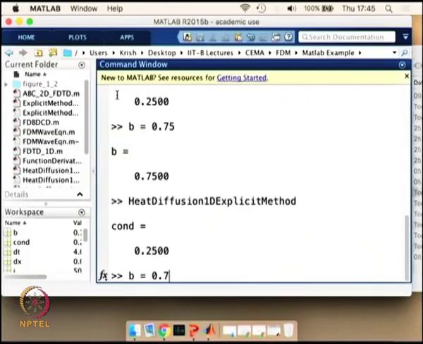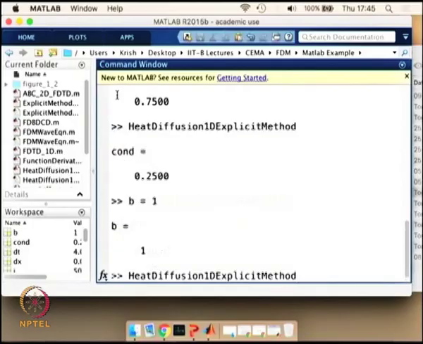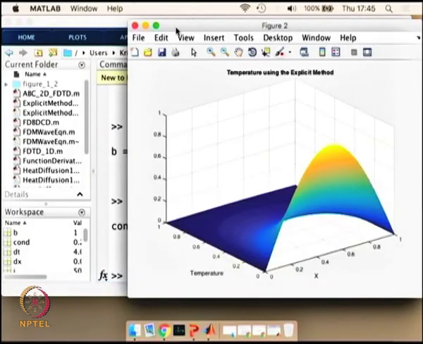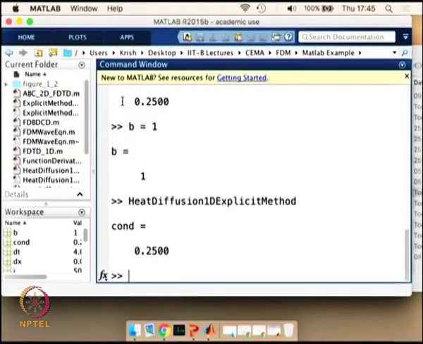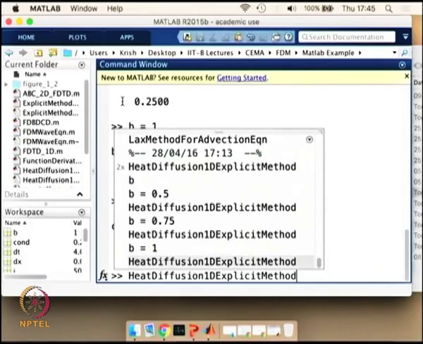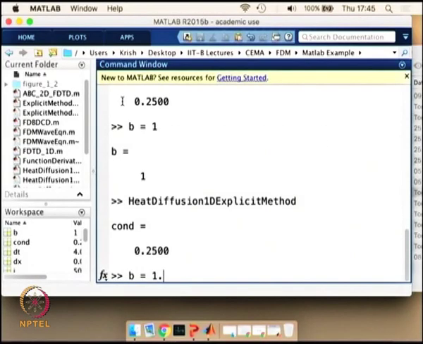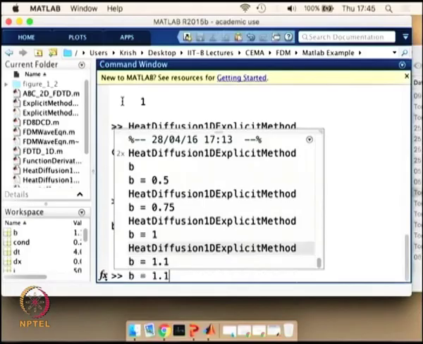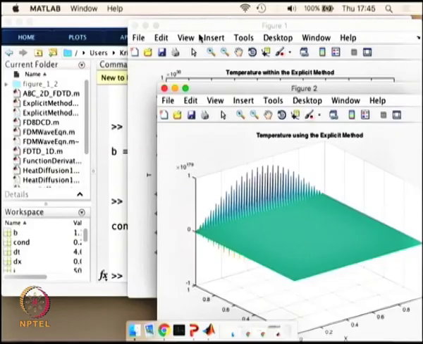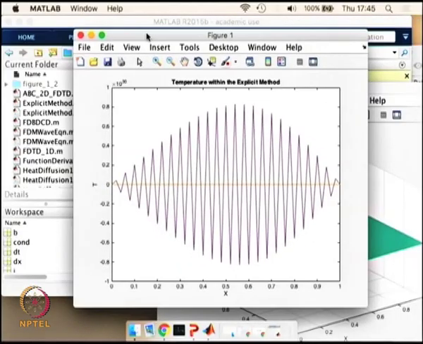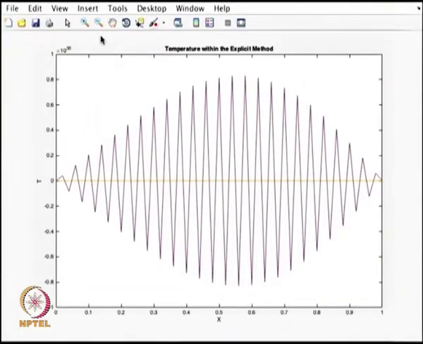So now I am going to change B value to 1, and now I am going to simulate the same result, and I will start to see the value is still okay, but the moment I go more than B equal to 1, let's see what happens. So we are going B equal to 1.1. You start to see some kind of error, which is, you see that it's going to 1 into 10 power 30, which is a clear case for